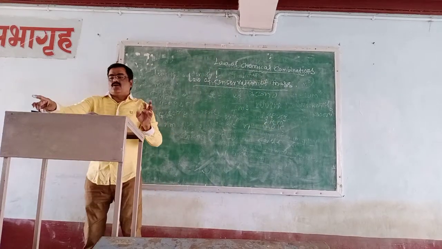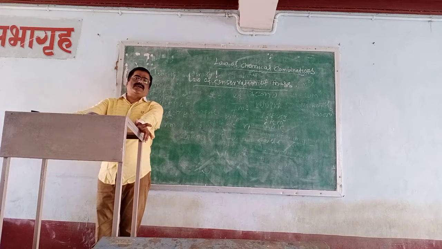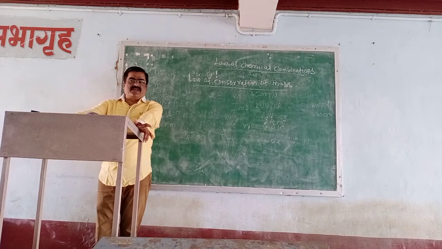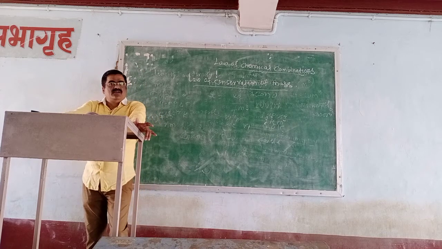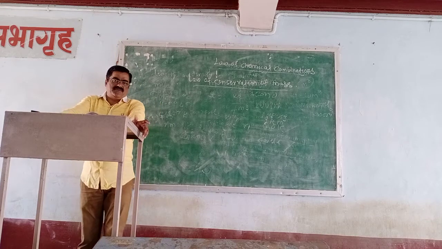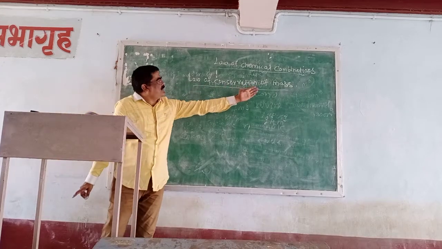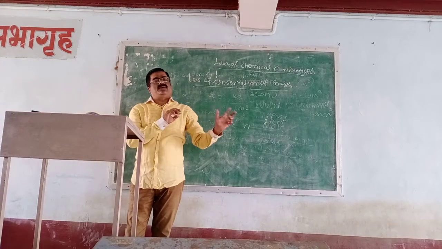आता हे जे laws of chemical combinations जे आहे, how we can determine, how we can express. There are the various laws of the chemical combinations. First one is the law of conservation of mass, law of definite proportion, law of multiple proportion, Gay-Lussac's law of gaseous volumes. These are the various laws of chemical combination. First of all, we will discuss about the law of conservation of mass. लॉ ऑफ कन्झर्वेशन ऑफ मास हे कशाला म्हणायचं हे आपण या ठिकाणी